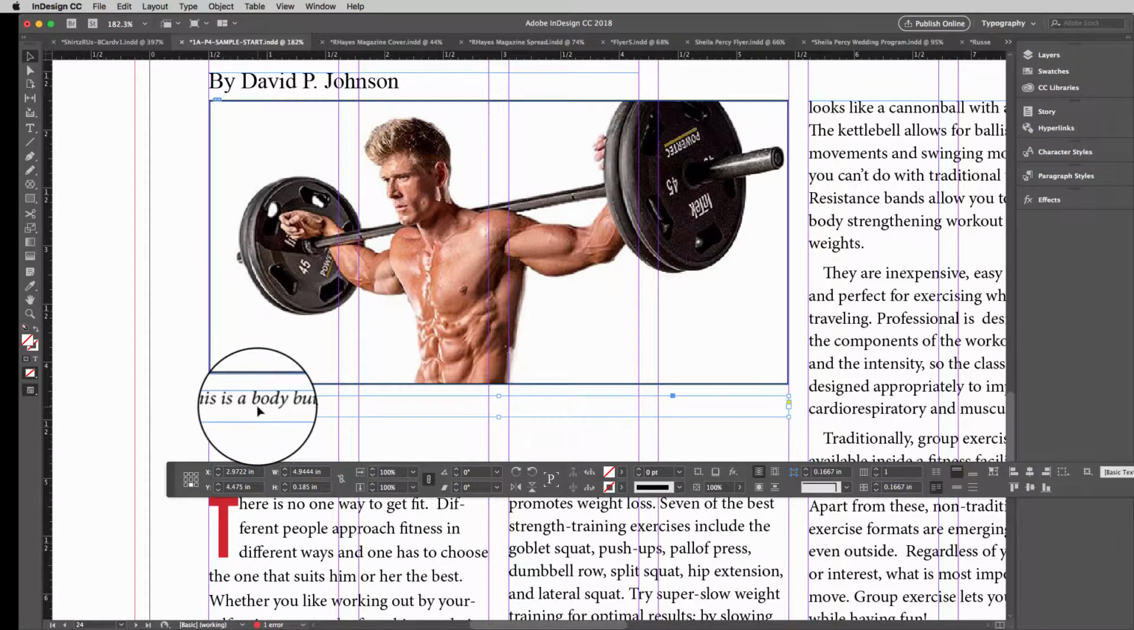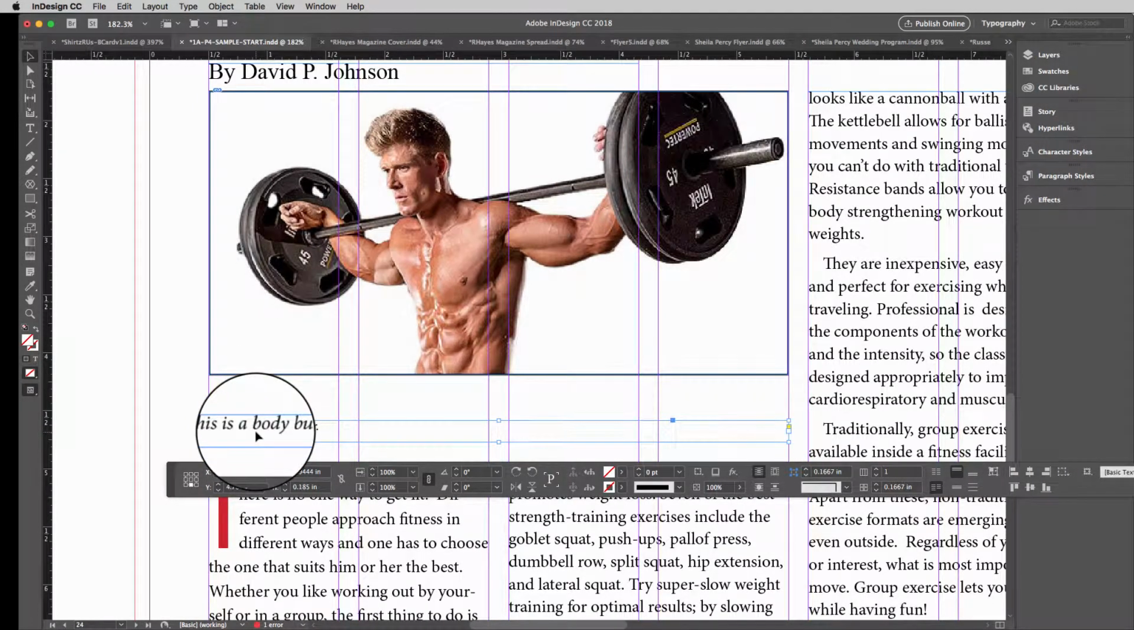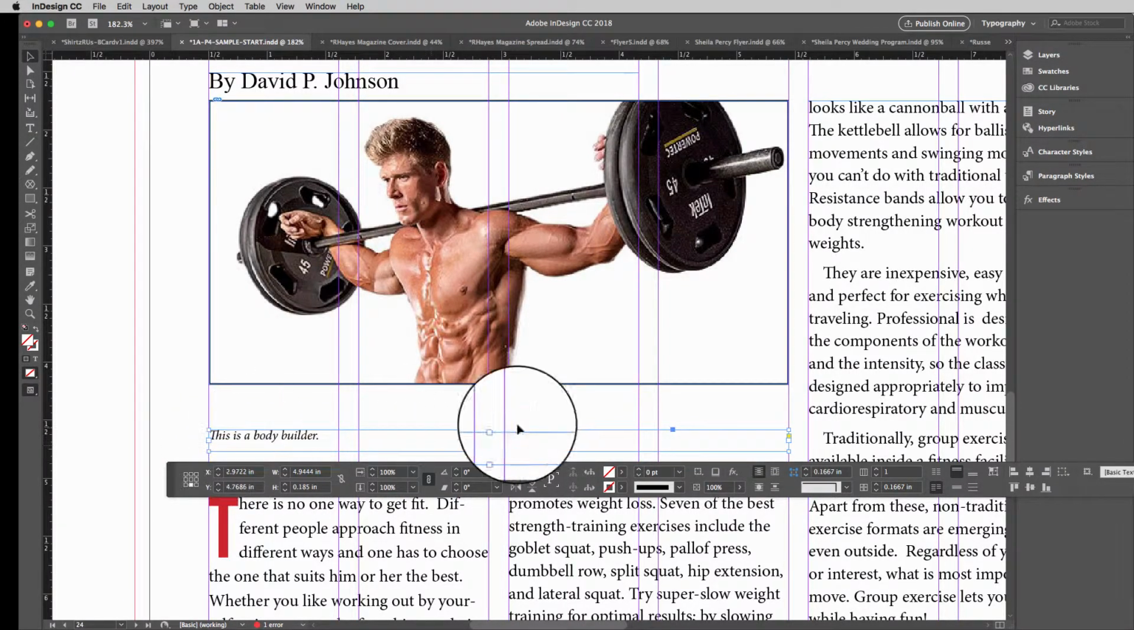Now, I'm going to go select the caption, and this is probably the most difficult thing for designers when you design magazines and things that need captions, is to make your captions consistent. And so now when we click on this text frame, we notice there's still 9 reference points. And the way we can